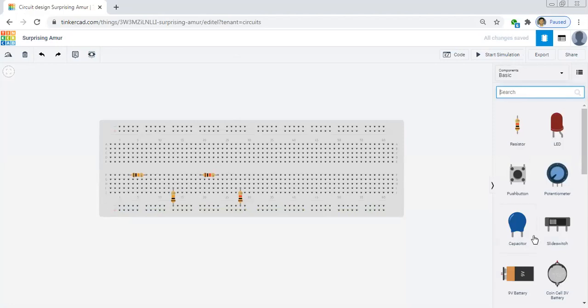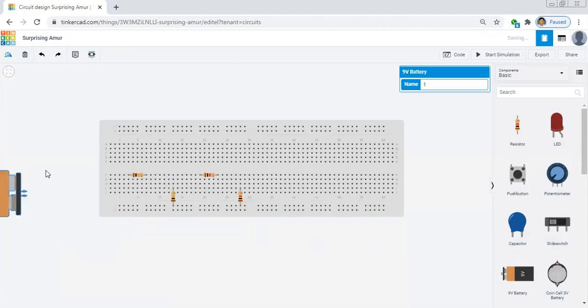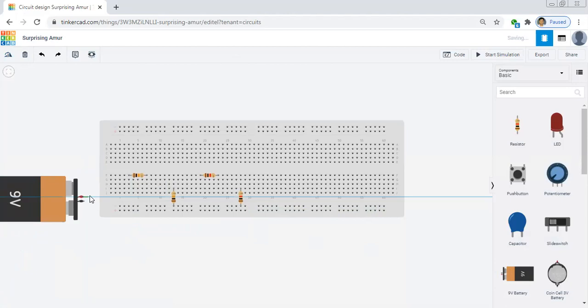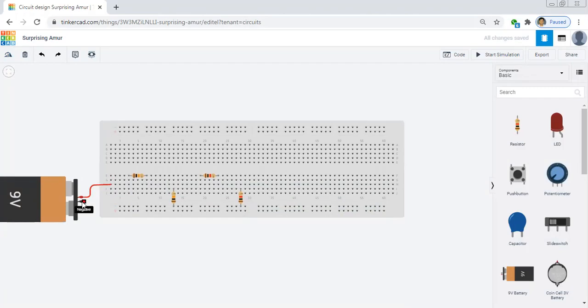We type over here first. We take a battery source, and we change the color of this wire with the help of this option. We change the color, and similarly